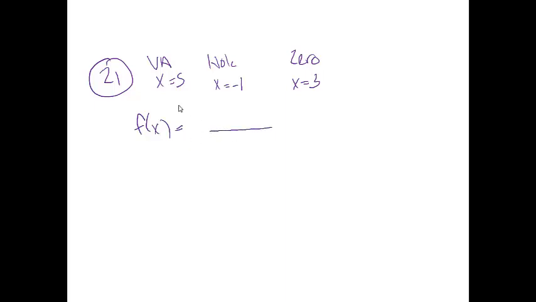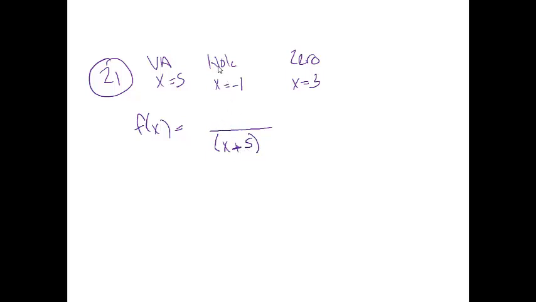Okay, problem 21. Write a rational function with a vertical asymptote at x equals 5, a hole at x equals -1, and a 0 at x equals 3. And we should not have any parentheses. So first of all, it's a function. I'm going to put f(x) equals, so I don't forget that later. Okay, vertical asymptote at x equals 5. That's a non-removable discontinuity, so there would be an x - 5 in the denominator and nothing to cancel with